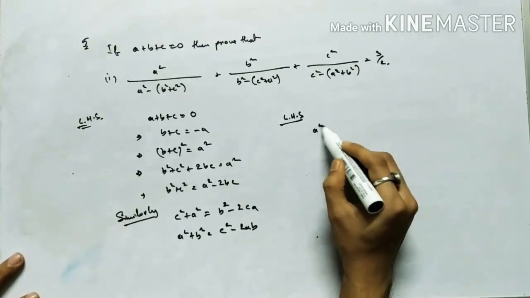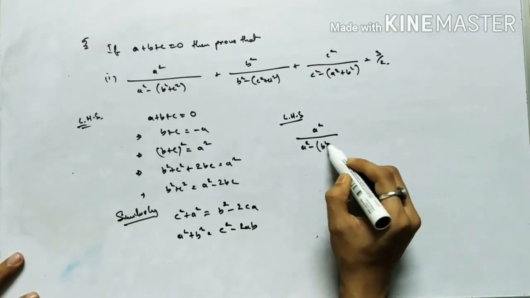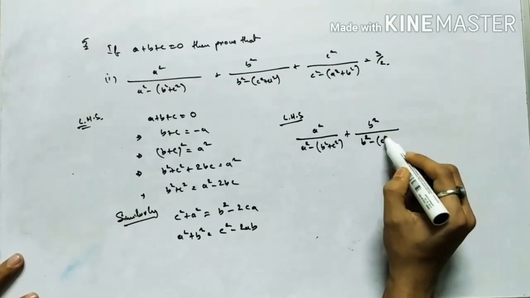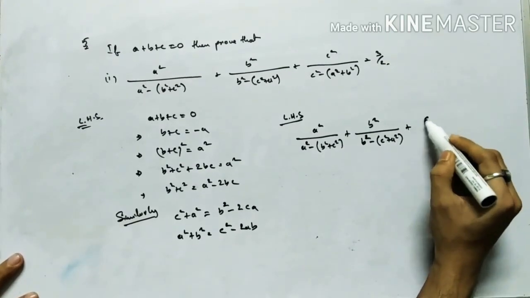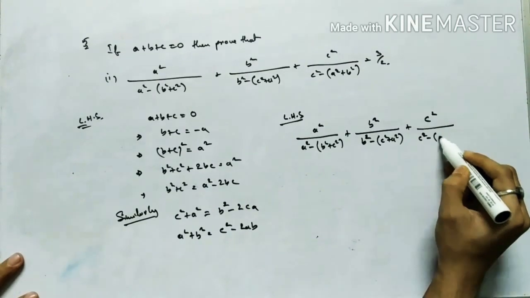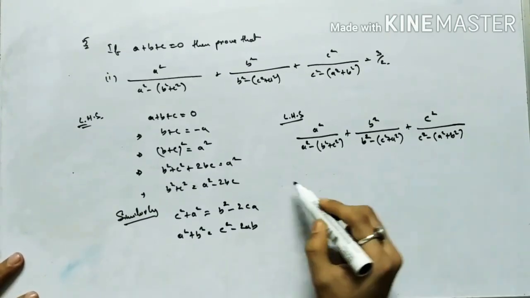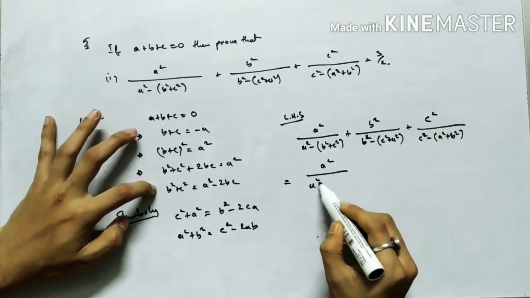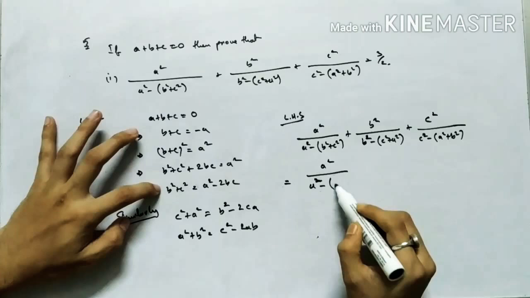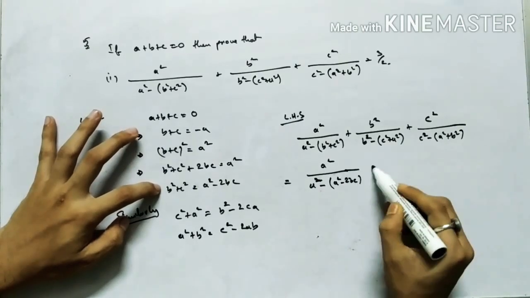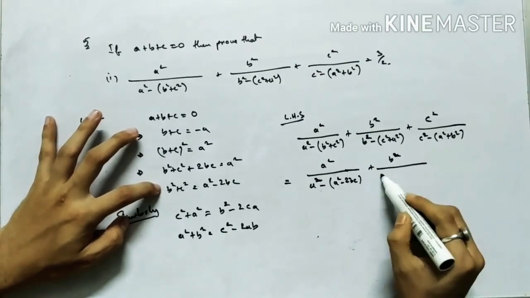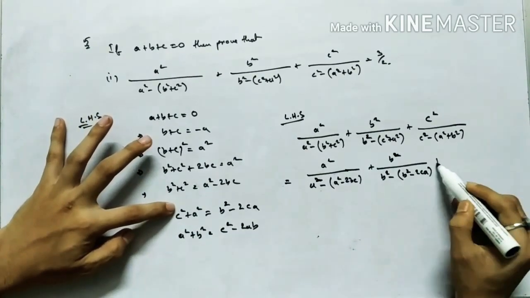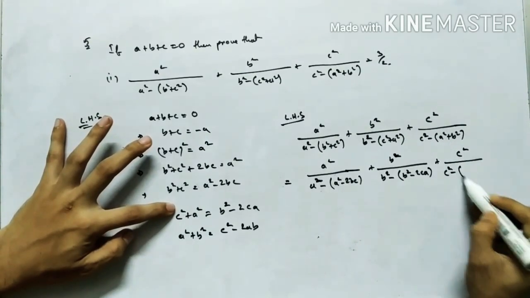This will be a square by a square minus b square plus c square plus b square by b square minus c square plus a square plus c square by c square minus a square plus b square. Okay, so these values I will put in here. a square by a square minus bracket start a square minus twice bc, plus b square by b square minus twice ca, plus c square by c square minus